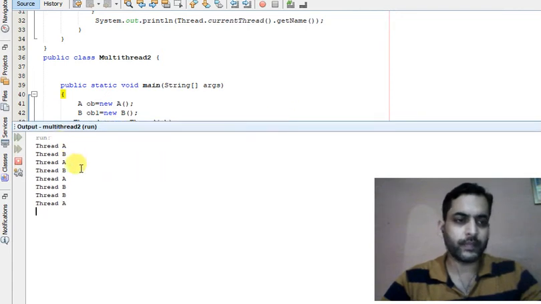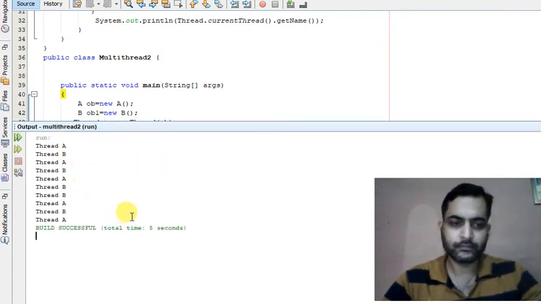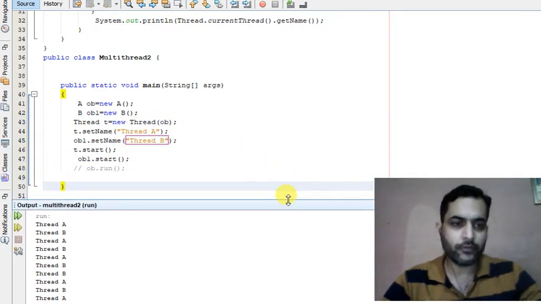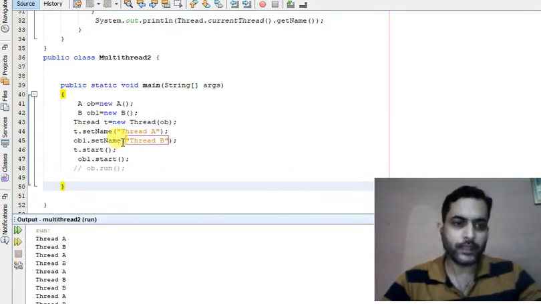So thread A, thread B. So this way we can change the name of a thread by using the thread set name method.